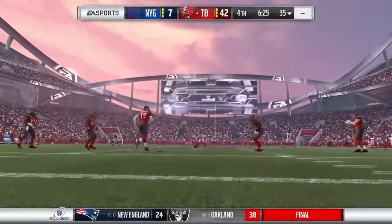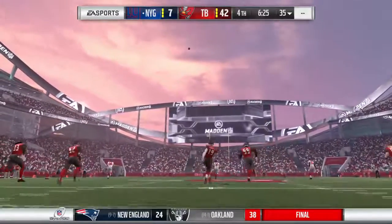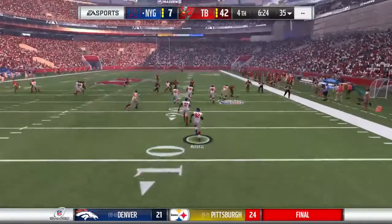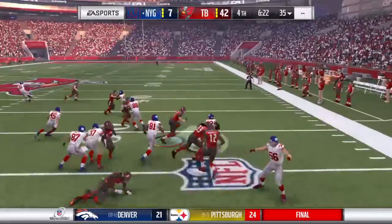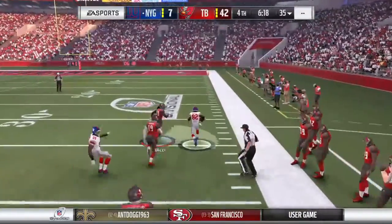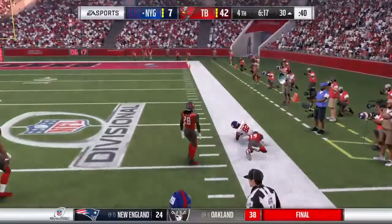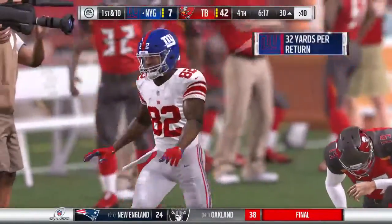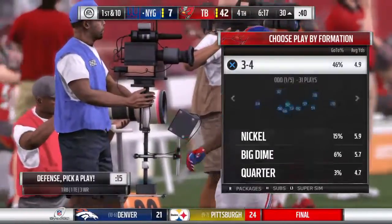After the touchdown, Aguayo now ready for the kickoff. This will be fielded at the 6. Even after that big-time return, it's not looking great for them to...